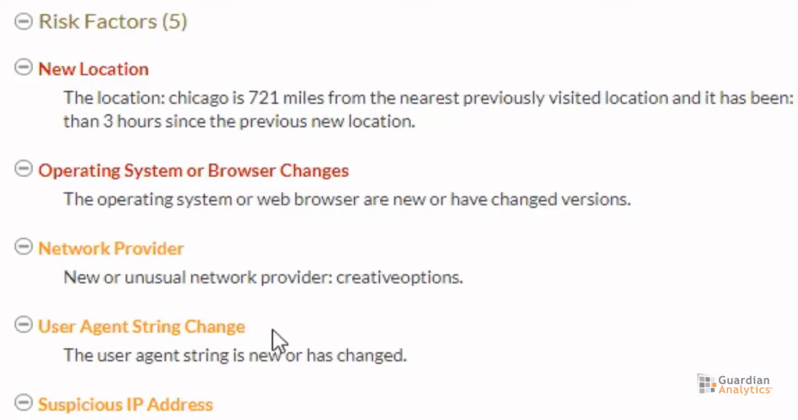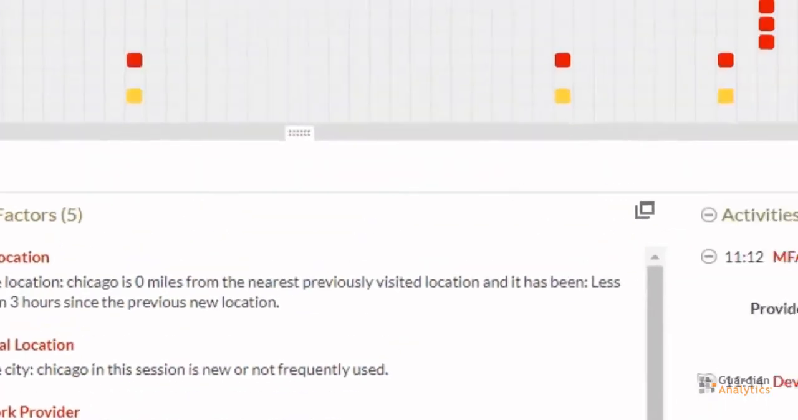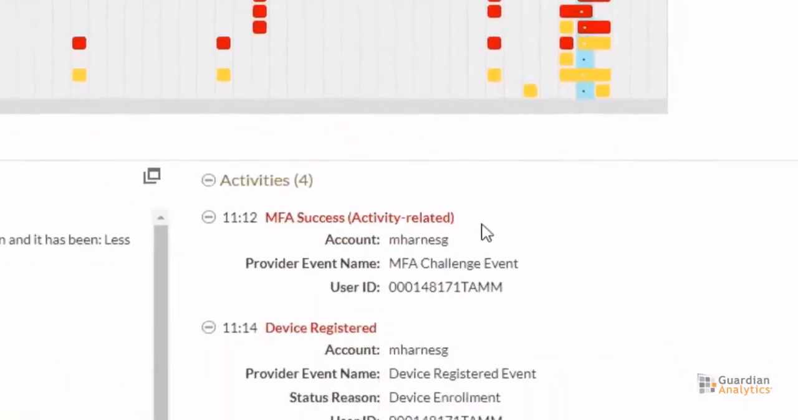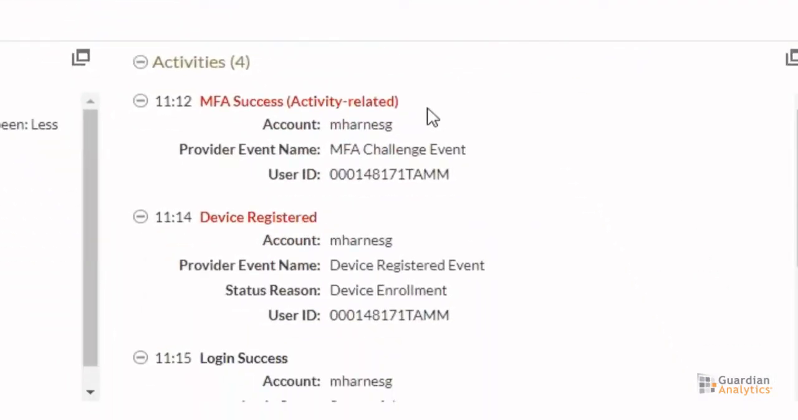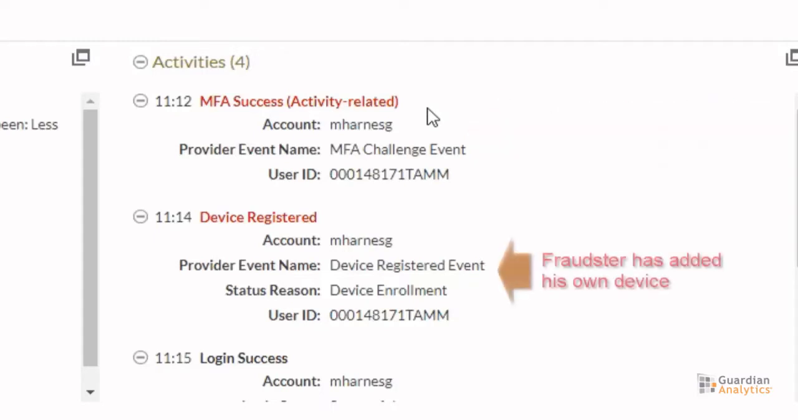user's login device. When the session is received within the hour, the risk is elevated to high because additional anomalies are detected, including a new device being registered for multi-factor authentication. Remember, in session 84, the fraudster may have attempted to log in and failed. In this session, the fraudster seems to have defeated the multi-factor authentication and added his own device to minimize the